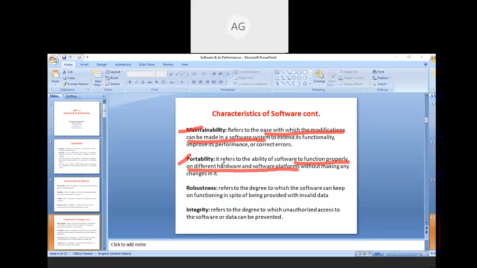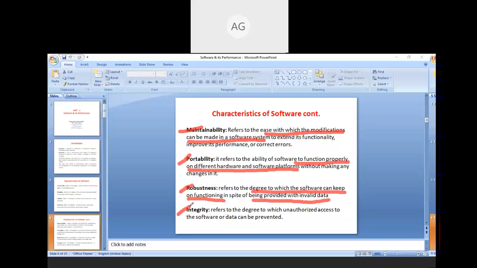So this is the portability feature. Then the robustness characteristic refers to the degree to which the software can keep on functioning in spite of being provided with invalid data. Suppose there is some problem out there, then the robustness characteristic of the software will help you in the case of adverse conditions.